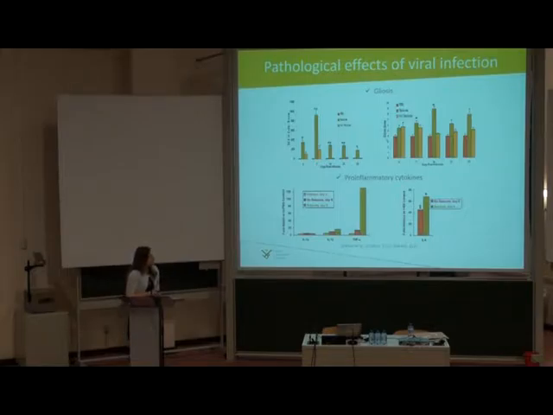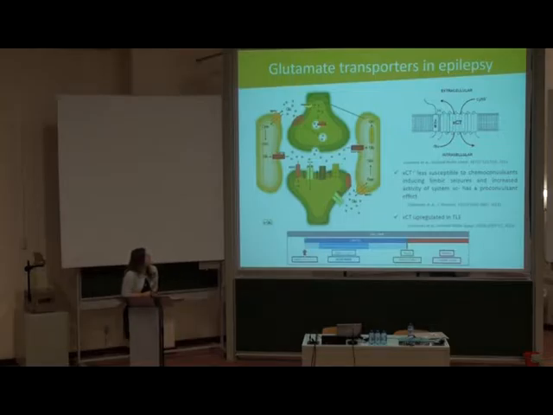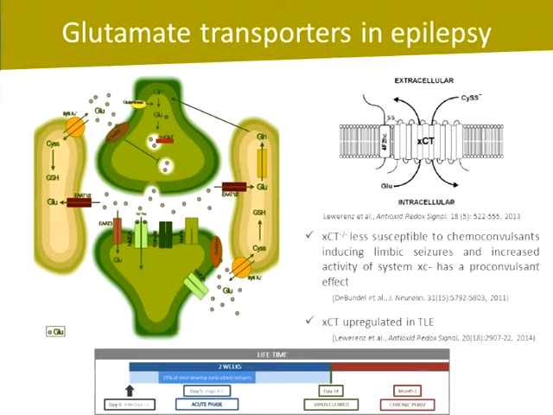These results were also confirmed by the fact that when the mice lacking TNF receptor 1 and the interleukin 6 knockout mice were infected, only 10 and 15% of these mice developed acute seizures. These cytokines are known to be able to modulate glutamate homeostasis, acting on glutamate receptors and transporters.